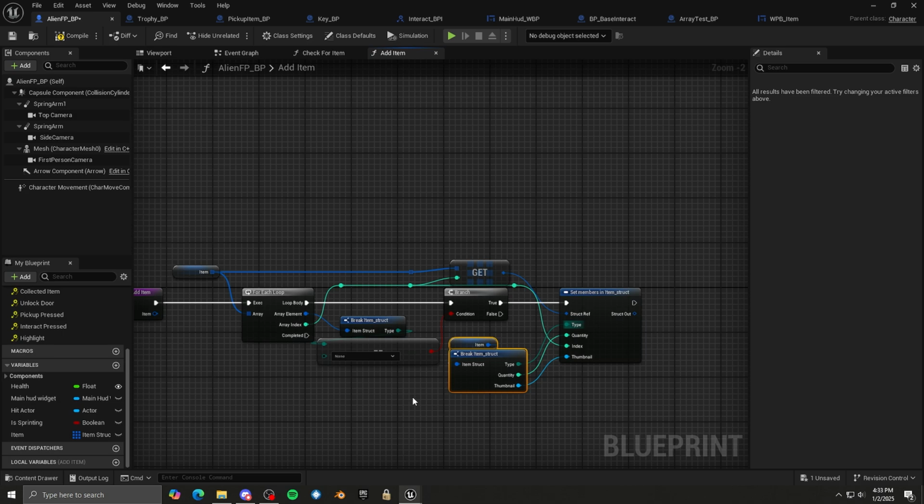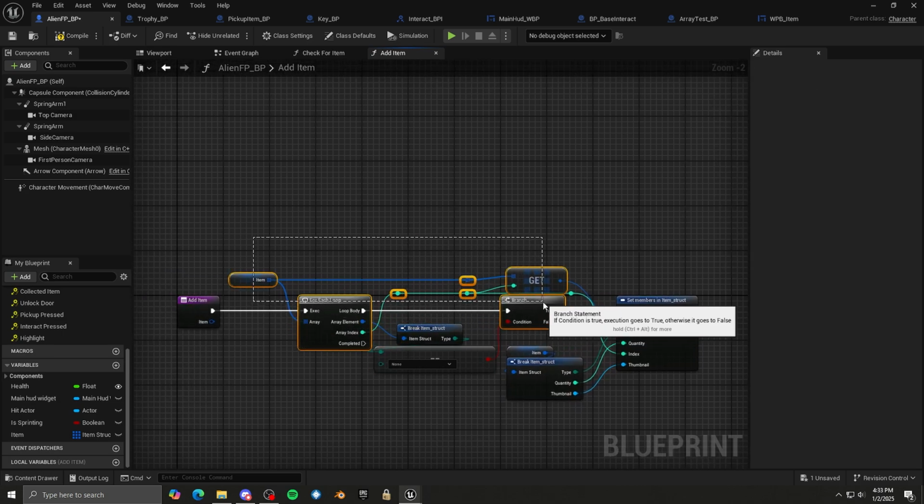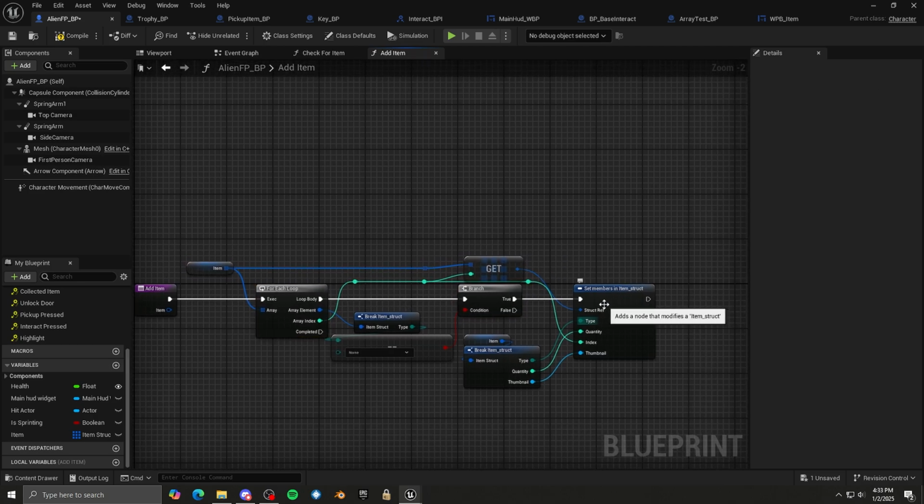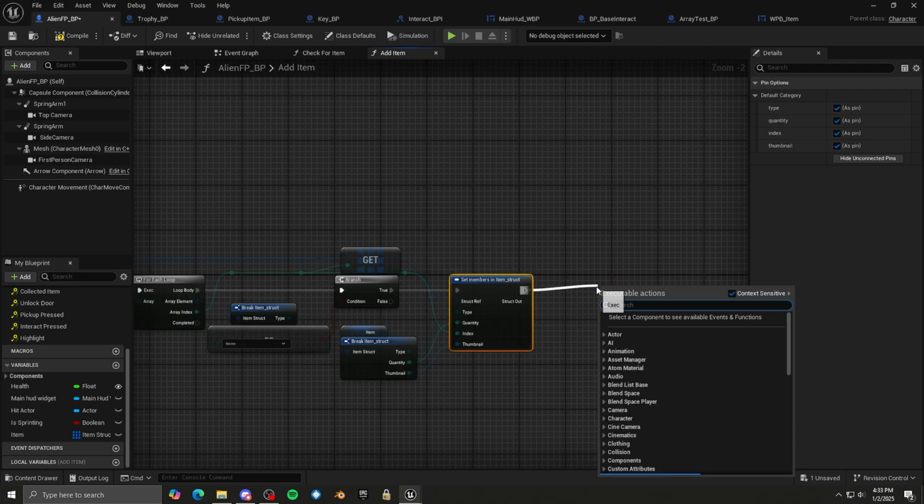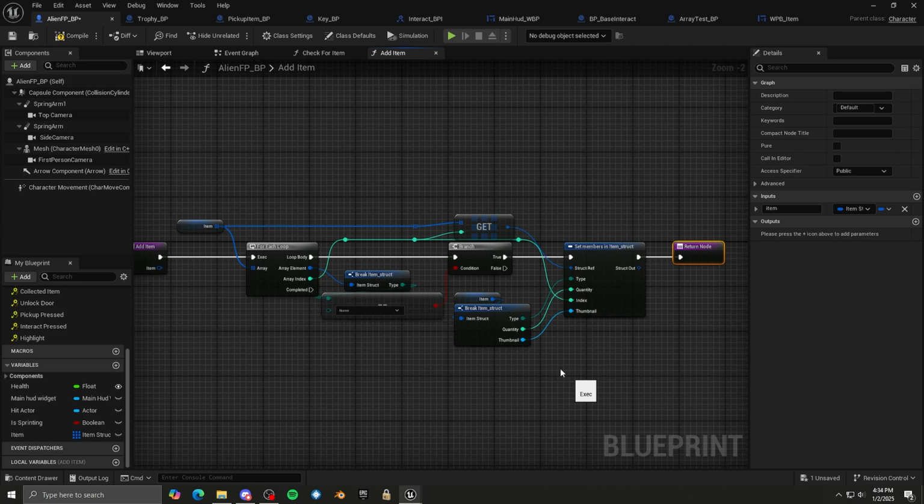So again, this is just adding the item if we don't have it. We're looping through, checking for an empty spot. When we find one, we're getting that index number of the empty spot. And we're going to set the items in our struct. We're going to set the type, the quantity, and the thumbnail in that index item. And then we're just going to return. So as soon as we find an empty spot, we're going to return, which is going to take us out